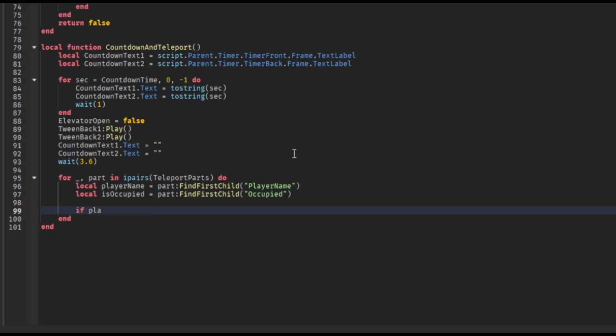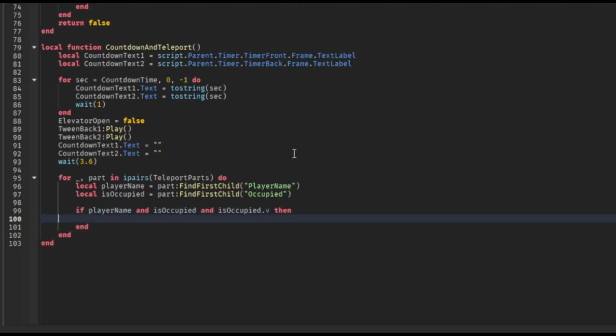Now we can do if player name and is occupied and is occupied dot value then